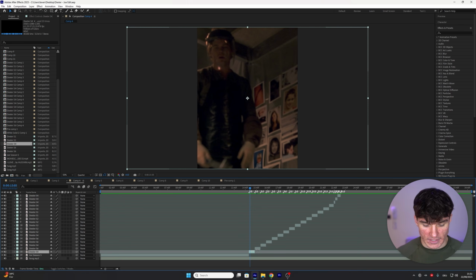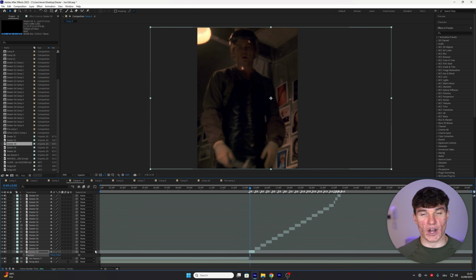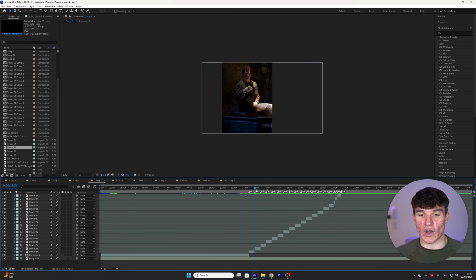So we're going to select the clip, press P on our keyboard, and then just increase or decrease the value on the left side until our character is fully in the center of the screen. Like before, make sure you repeat this process for all of your clips, including the ones in your intro. Once all of our clips are nice and centered, the last few steps that we have to do before we